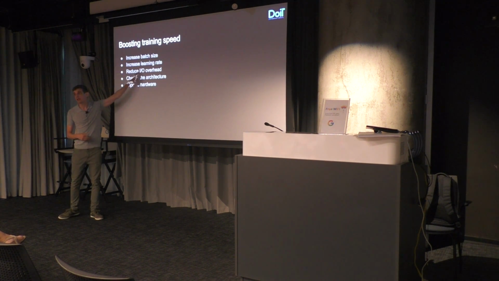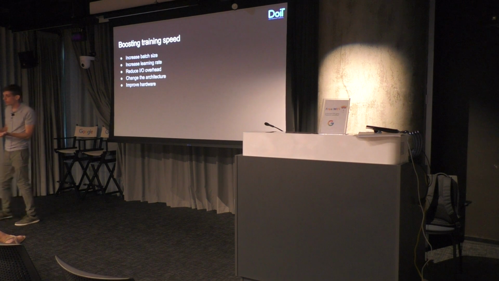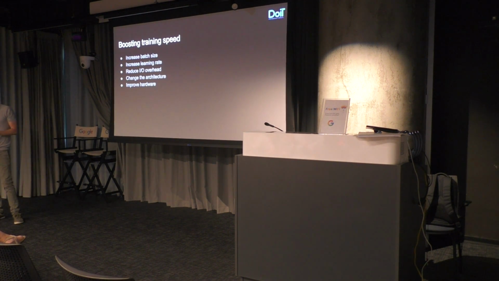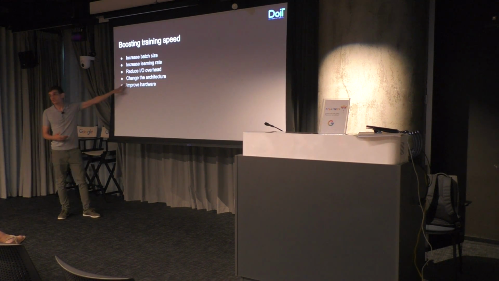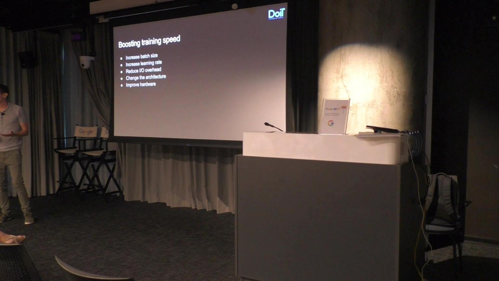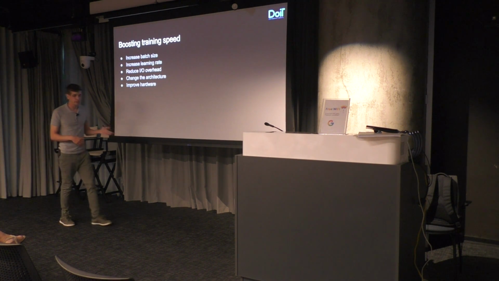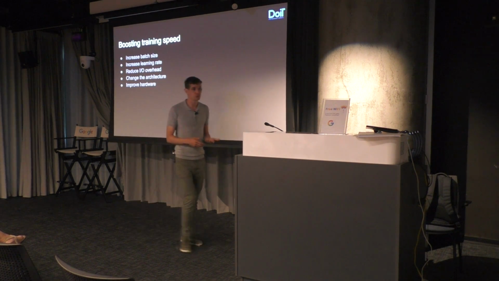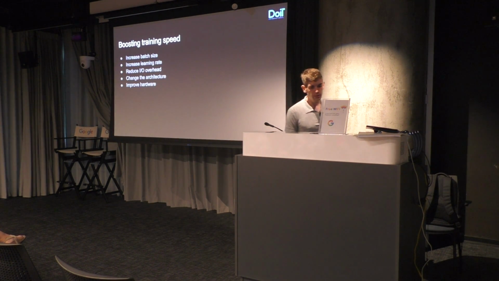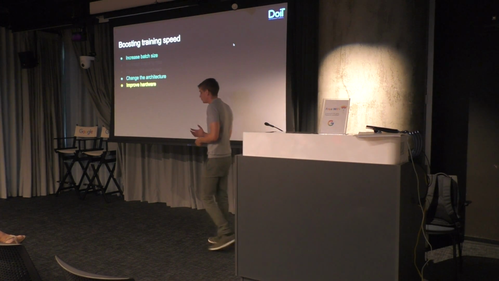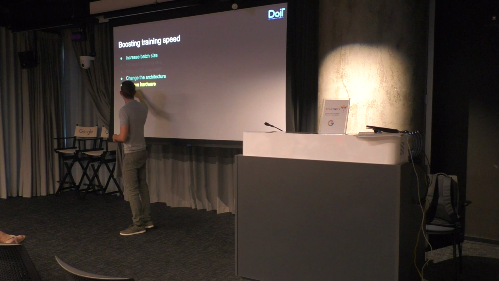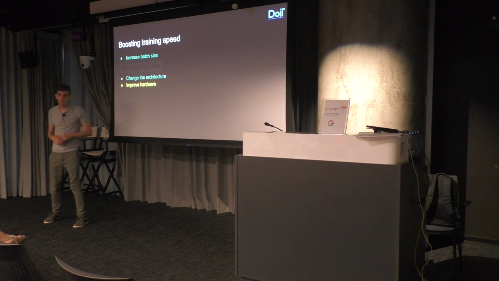Reduce the I/O overhead. For example, if I have overhead from reading from the disk or network, that could also work for GANs. Change the architecture: optimize the architecture, lose unnecessary weights, lose unnecessary layers, reduce the size of the layers, which might also help. And obviously, the main key point of our conversation is how to improve the hardware. So we can use improved hardware in order to train GANs.